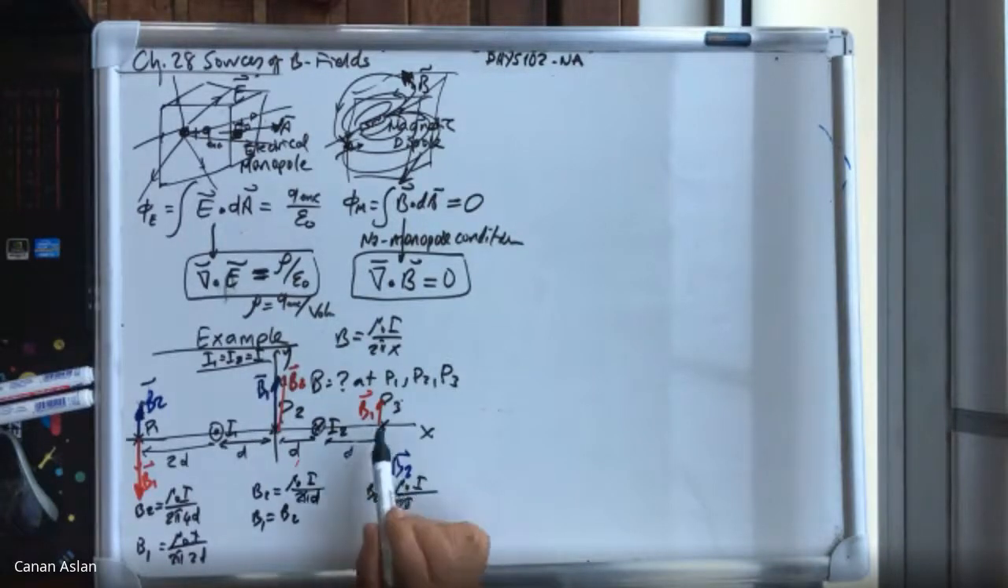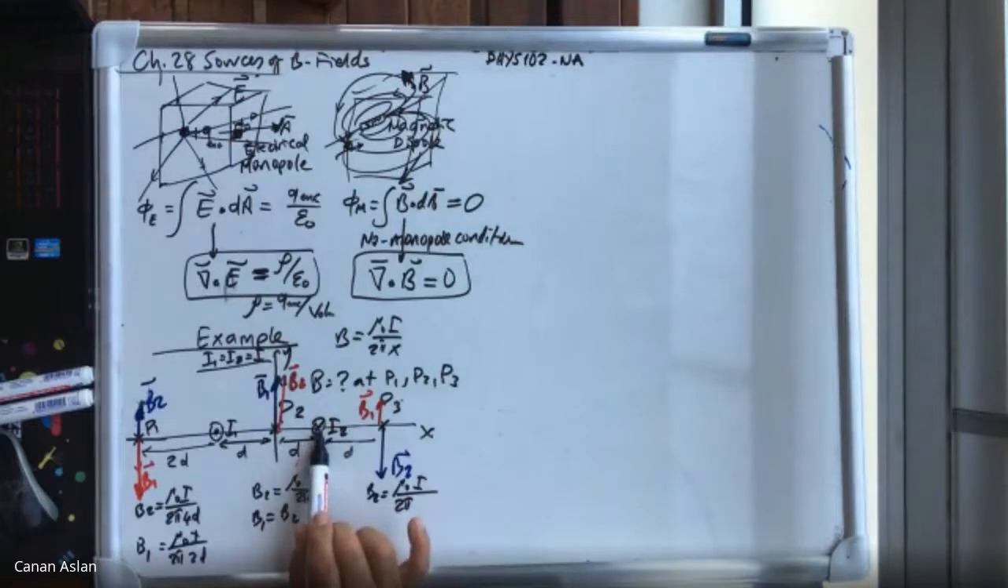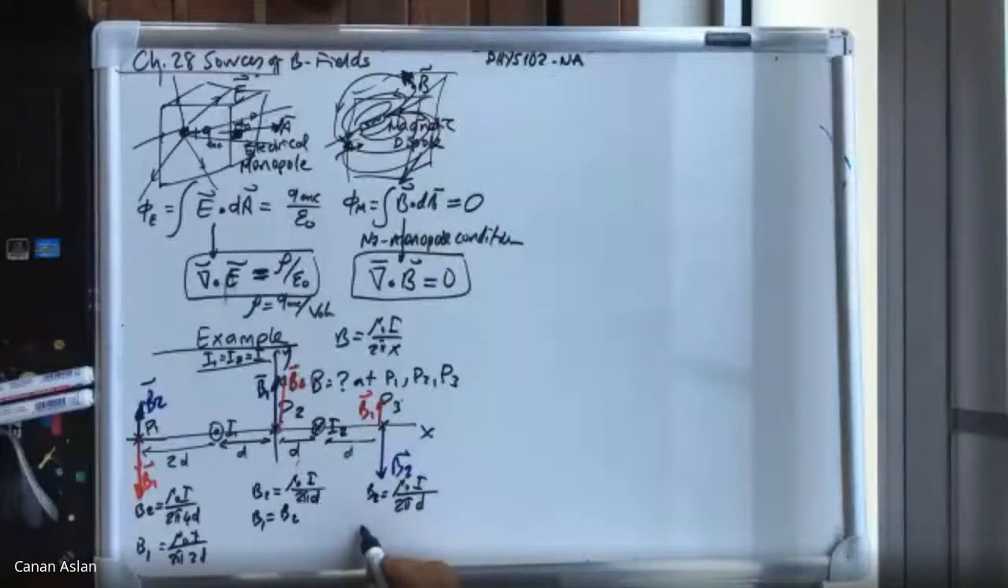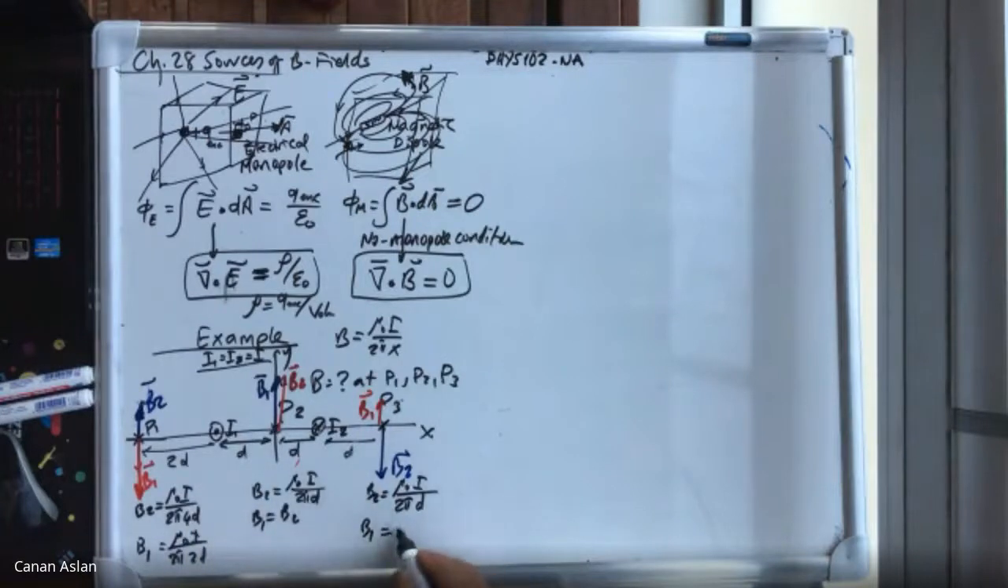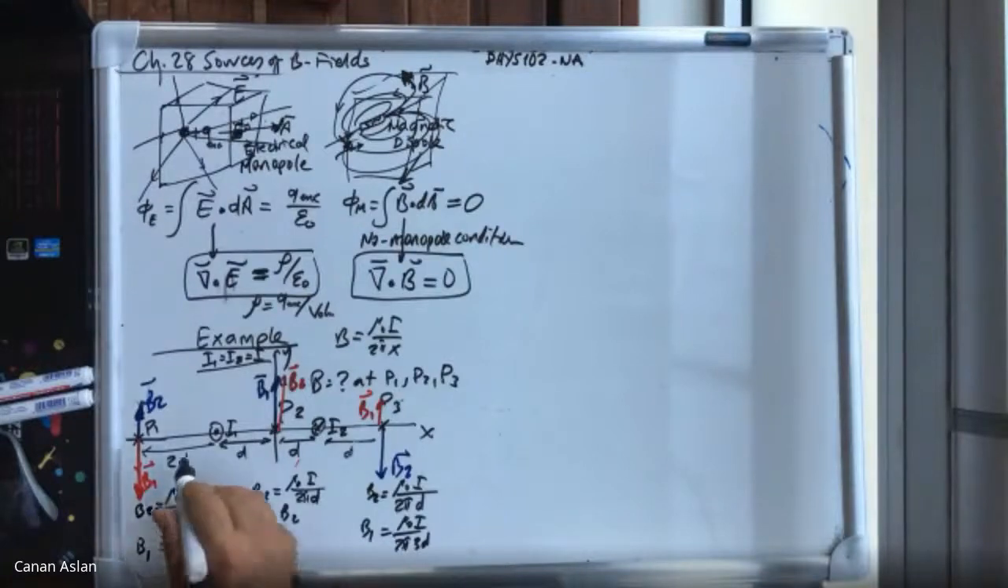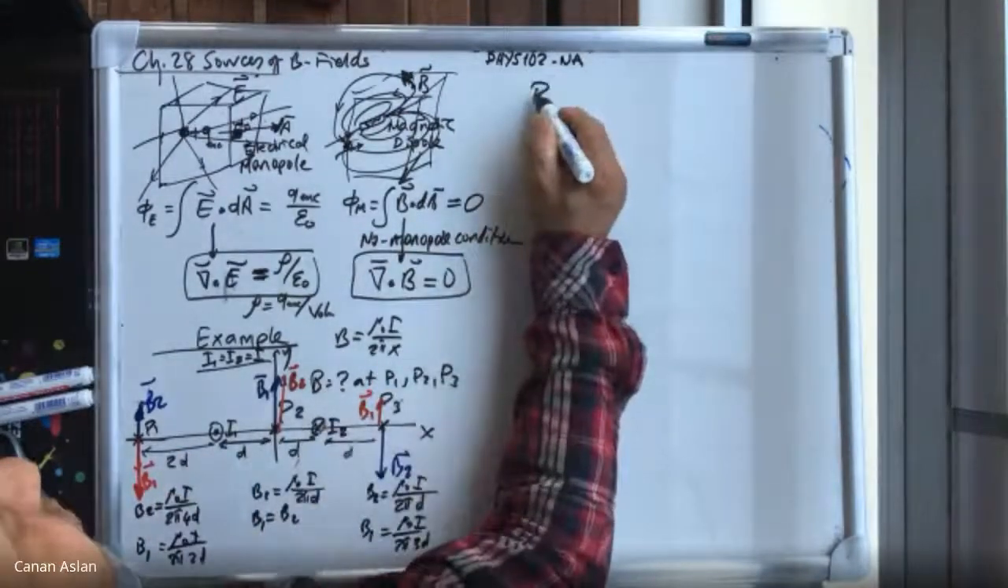Now the distance from the second current to this point is just d. But for B1, the distance from this current to this point is 3d. So it's mu0 I over 2 pi times 3d. Now by calculating these, you can see that here the magnetic field